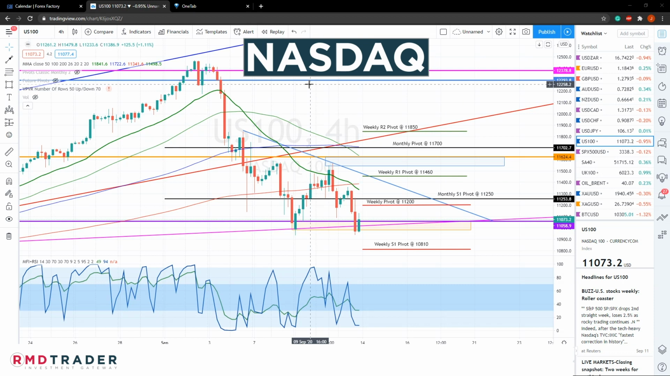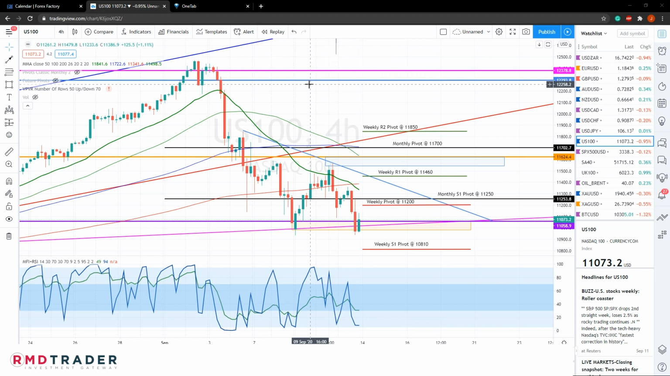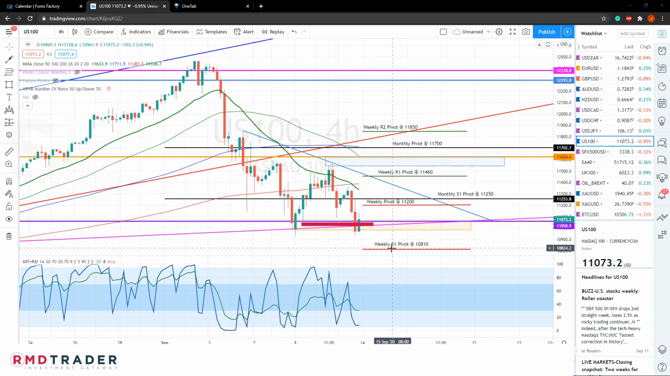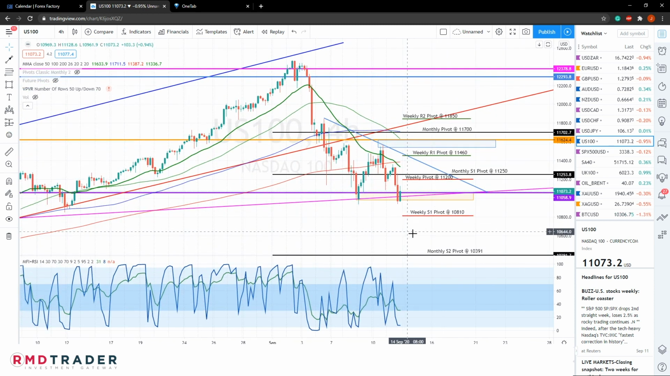Looking now at the US 100, also known as the NASDAQ. And as we expected, and also mentioned in last week's video, we did see another retest of this major horizontal support at 11,050. So this is a very important level, as any close below it will target our weekly S1 pivot at 10,810. And of course, if that fails, target would be our monthly S2 pivot at